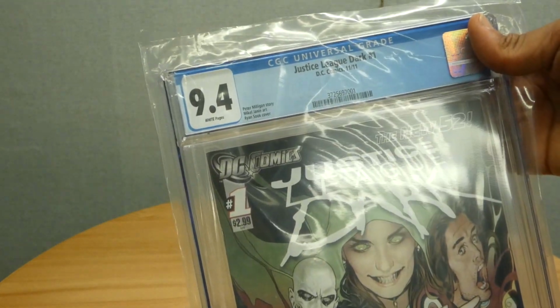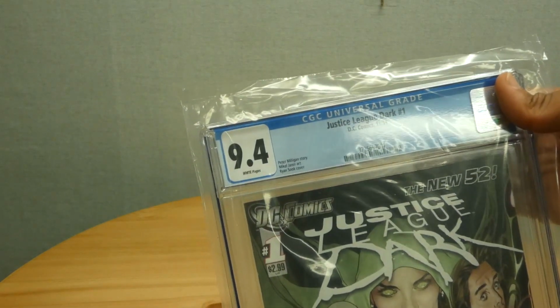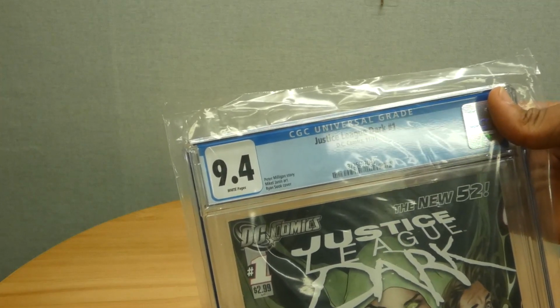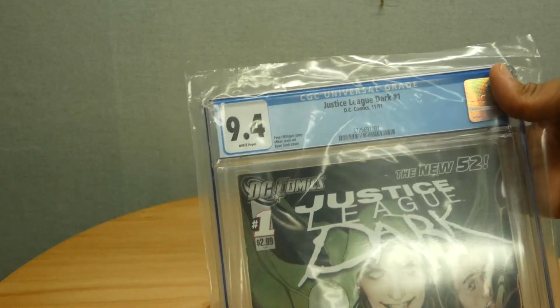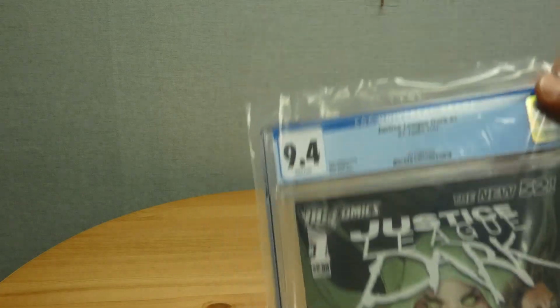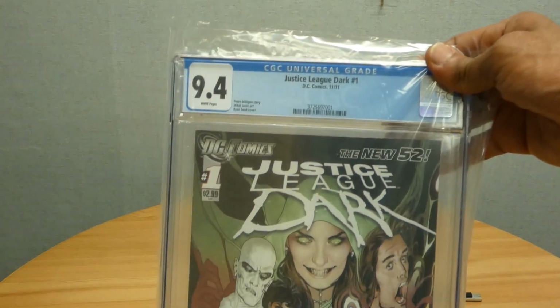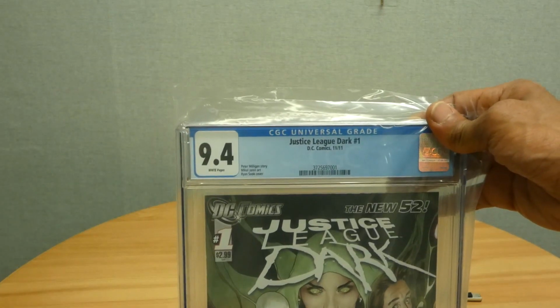So I don't know. I mean, happy with the scores I got, but then I do expect those to be the scores because I take care of my books. And ultimately, I really kind of don't need CGC to tell me that my books are top notch. I know they are, because I take care of them. And, you know, there's nothing wrong with that. This is more or less so that other people know. If someone wants to trade, or if I'm ever looking to sell a book because I need to make space in my life for other things, then yeah, you'll have an idea of what the book